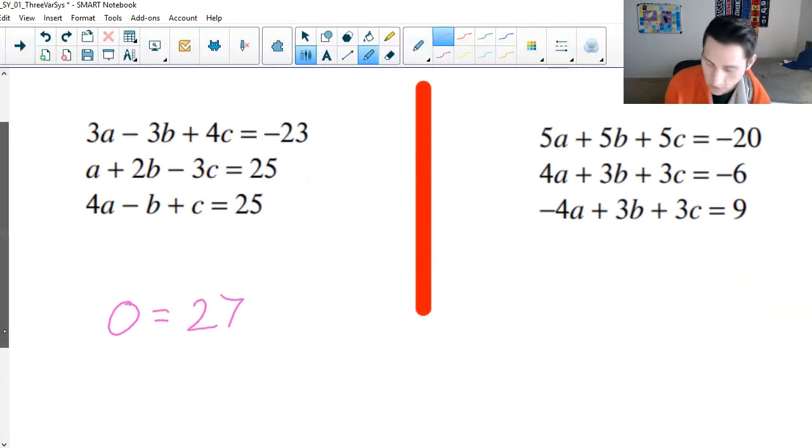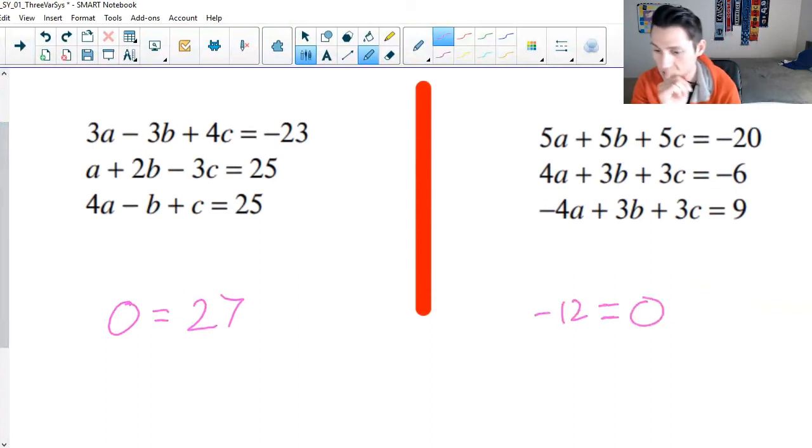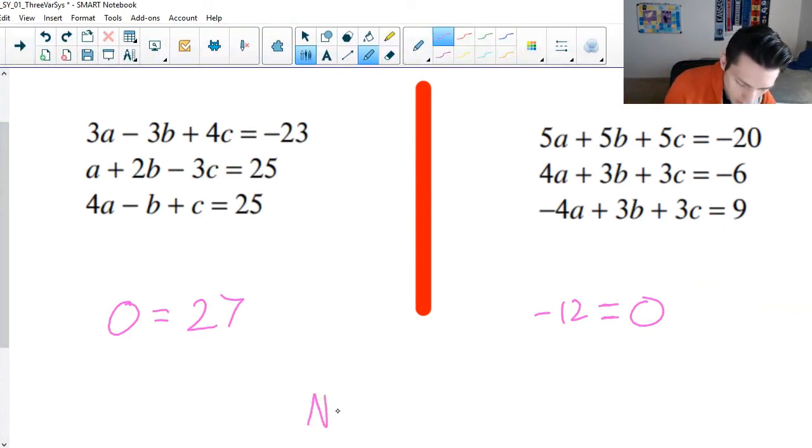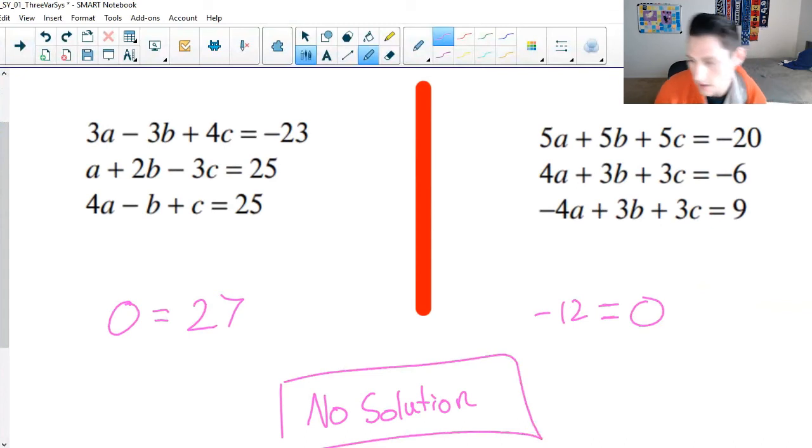Or whatever. I mean, it could be various things. You could get negative 12 equals 0 or whatever. Okay, the point is, on one side, you have a value that clearly does not equal the other side. Right? If this happens, then we describe that system as inconsistent, and we would say no solution. So that's another thing that could happen. Sometimes it's on those questions on the PFA that if you're going through the solving and all of a sudden you end up at an equation which makes no sense, like 0 equals 5 or 3 equals negative 12 or something that's just obviously not true, then that just means